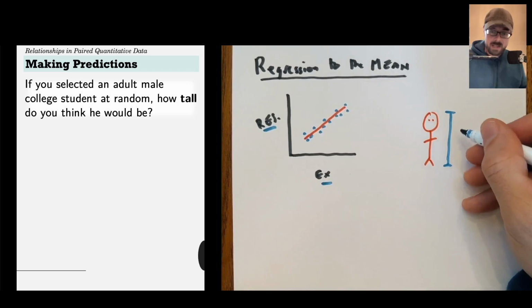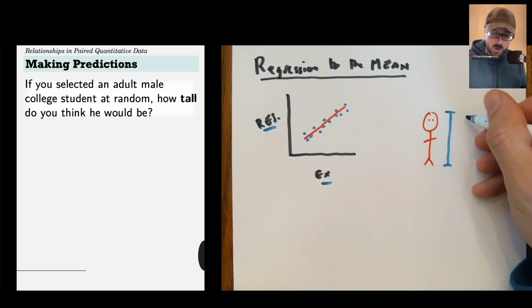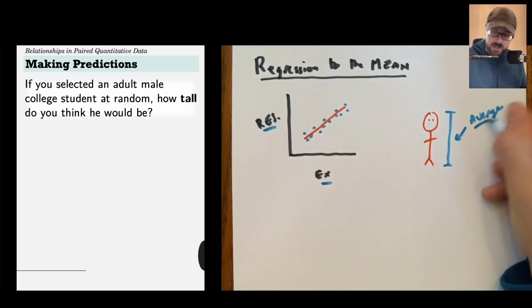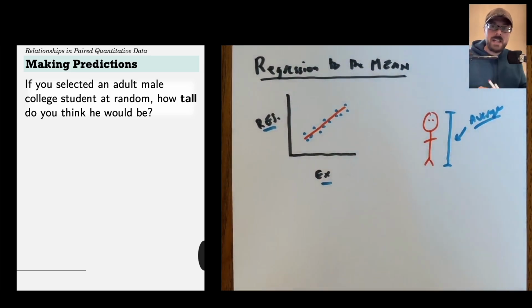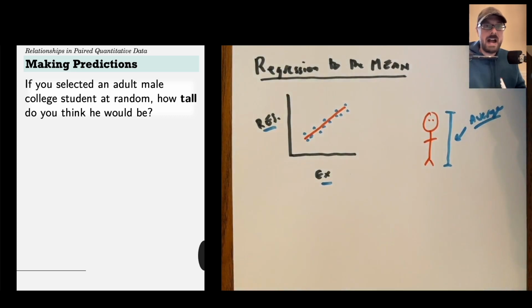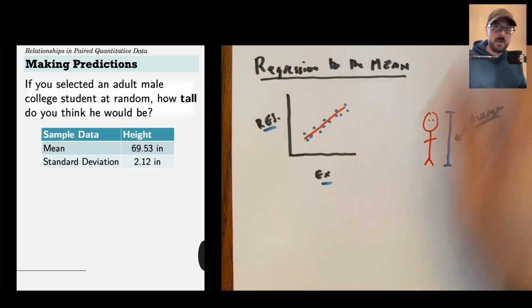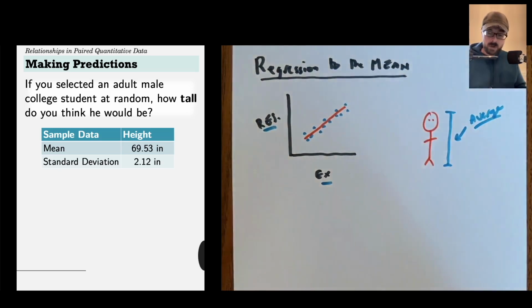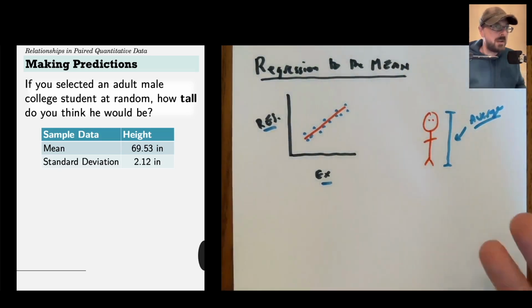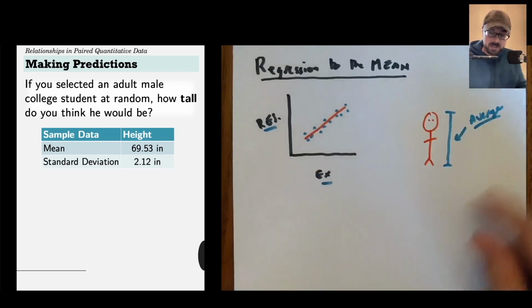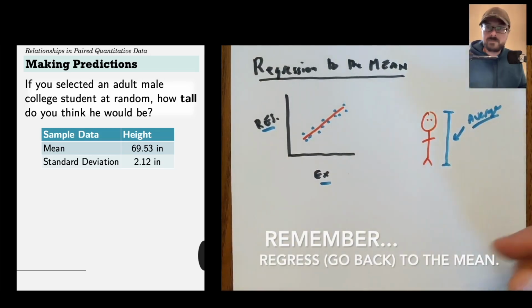So this person's height, what would I guess? Well, if I didn't know anything, I'd probably guess that this is a normal, typical person. So I'd probably guess whatever the average is. So what's the average height? Well, I could do some research and try to figure out the average height for students in this particular college. And oh, look, there you go. In this particular college, the average was about 69.53 inches for the adult male students. And we know there was some variation, a standard deviation of 2.12, but knowing nothing else, I don't know whether to go above or below average. I would just guess average. Okay, great.